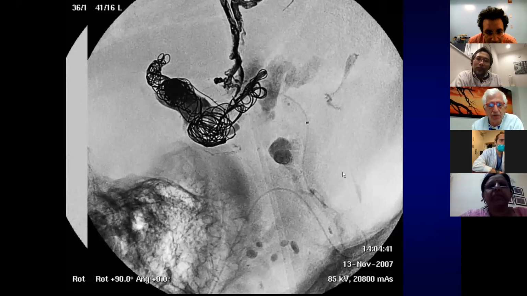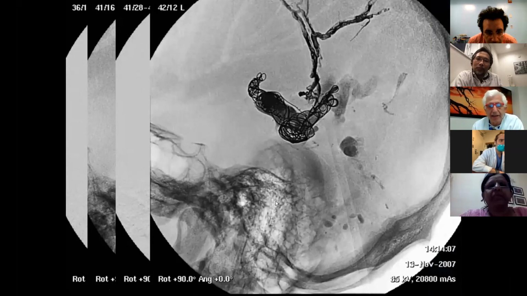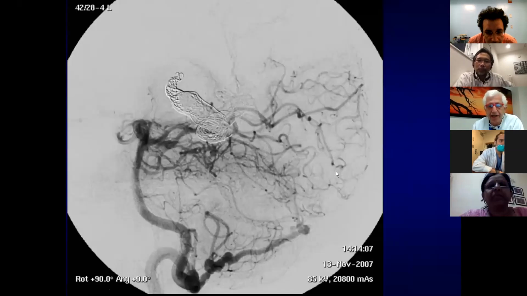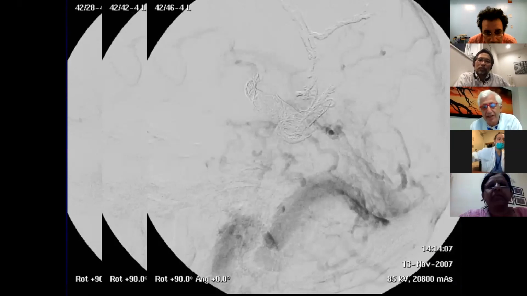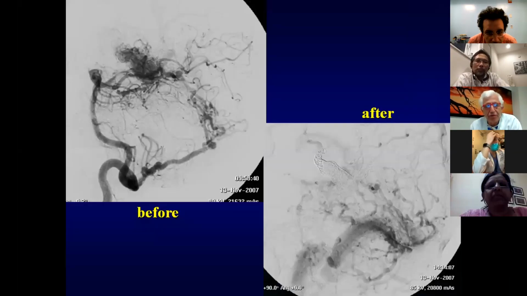You can see the glue in between the coils, and glue again in between the coils. And finally, we occluded the whole fistula. And this is the late phase of an arterial injection. So these veins come at the venous phase, and they are now used by the brain. So before and after,